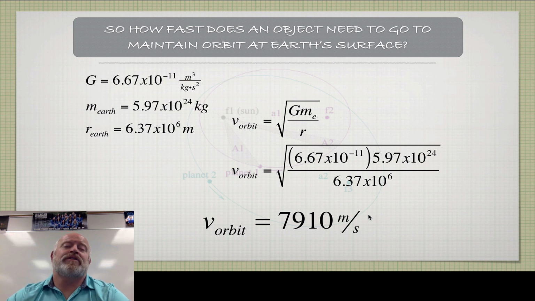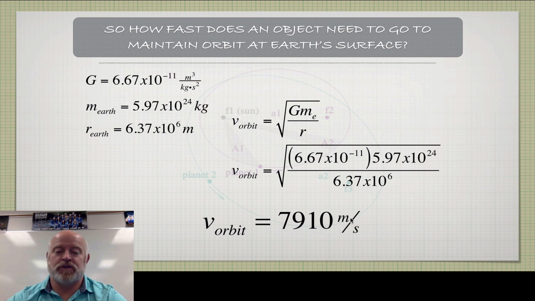So what do we need to do then to break free of gravitational pull? The force of gravity is pulling us down. How fast would we have to move to not just go to orbit, but to actually become free of that and escape the gravitational pull forever? Well, we need to know how fast to go so our kinetic energy or our momentum or our inertia is stronger than the pull that gravity has pulling us back. And we know that diminishes the further we get away. So really, it's all about how much strength we need to get away at the surface of our planet.